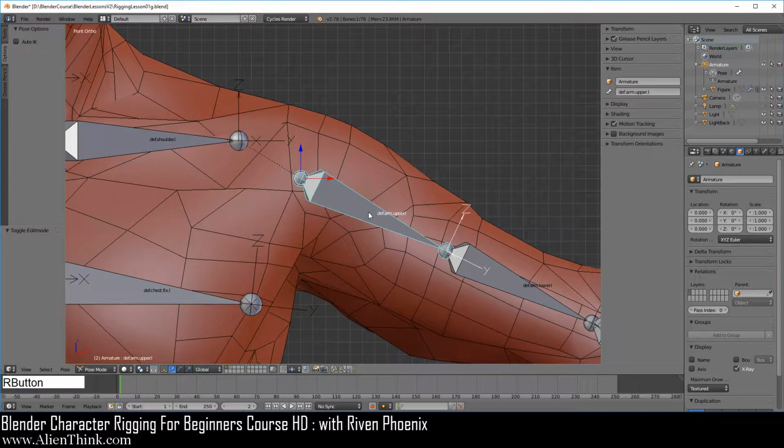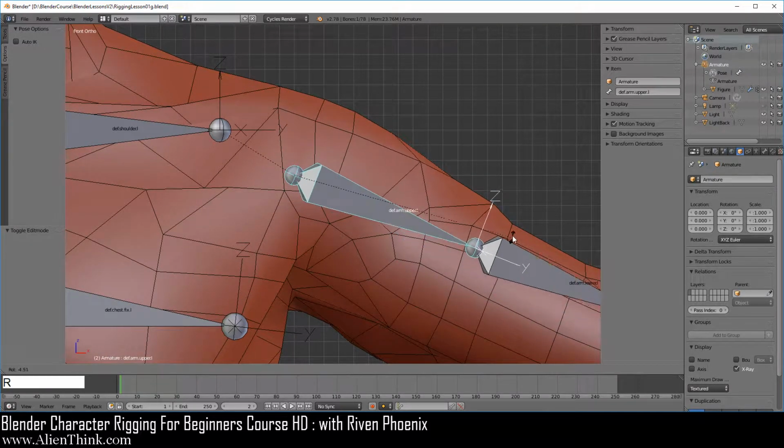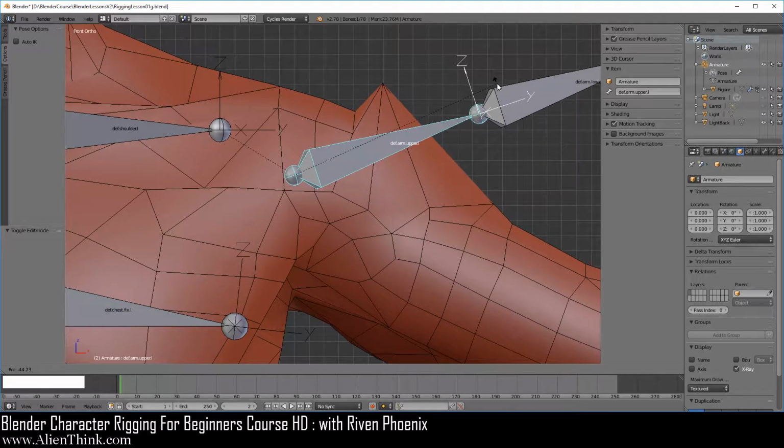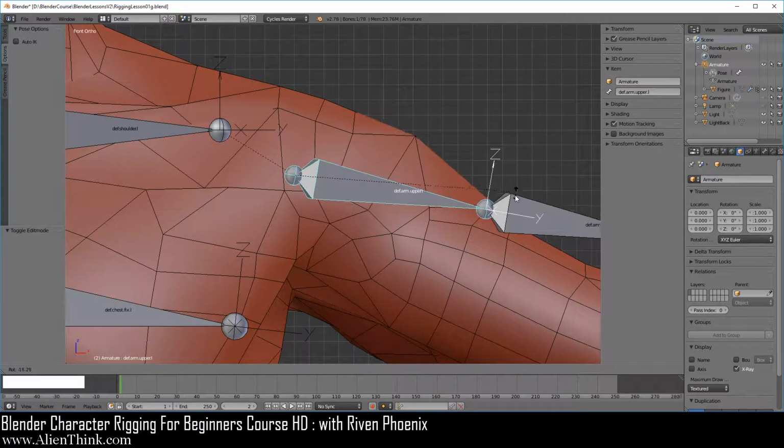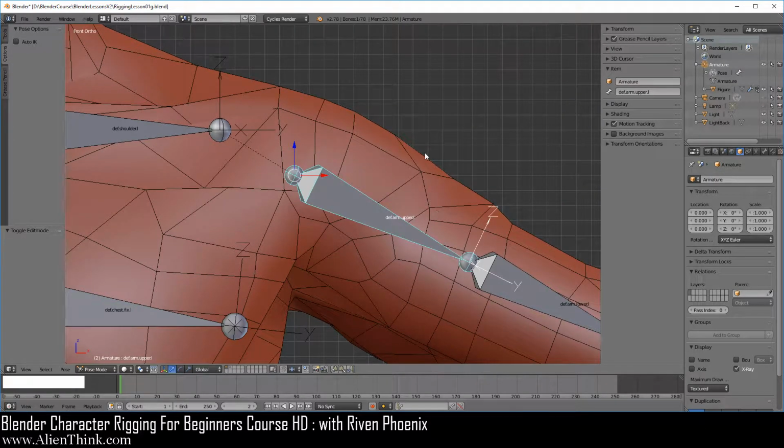Now, go ahead and click on this bone over here and make sure it's in pose mode. Go ahead and zoom in. Now, when you press the R key to rotate, notice that the vertex is going to keep the exact distance from this bone. Right click to cancel. Now the reason it's doing this is because this is the only thing that it knows how to do. It's only assigned to one vertex group, which is for this bone over here.